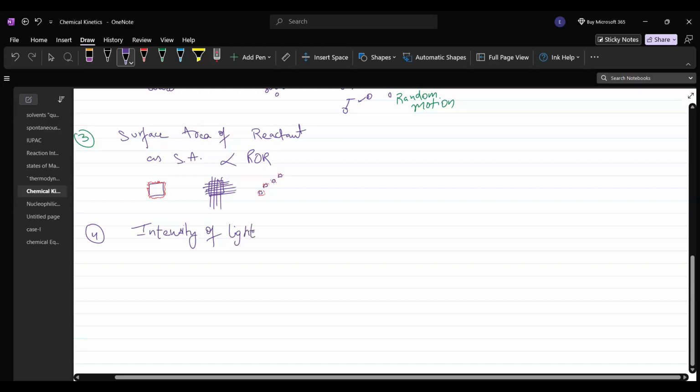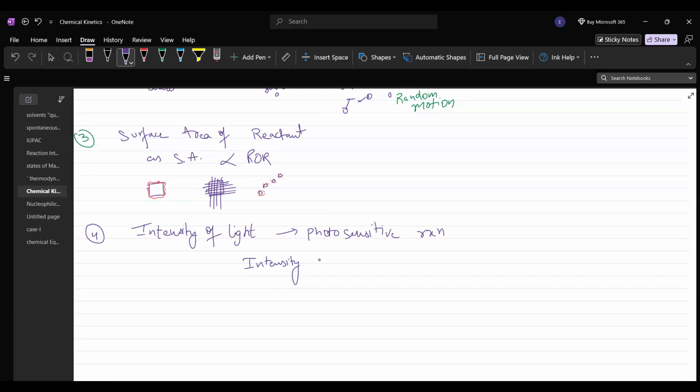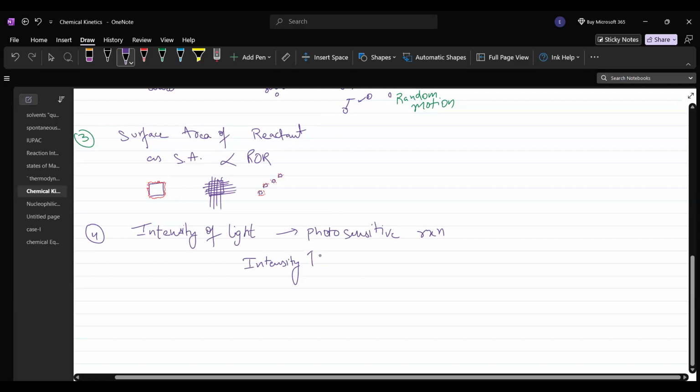Since they are photosensitive reactions, photo means light, photosensitive reaction, therefore what will happen as we increase the intensity of light, means as we increase the number of photons on that chemical thing, as intensity increases, ROR, rate of reaction, will